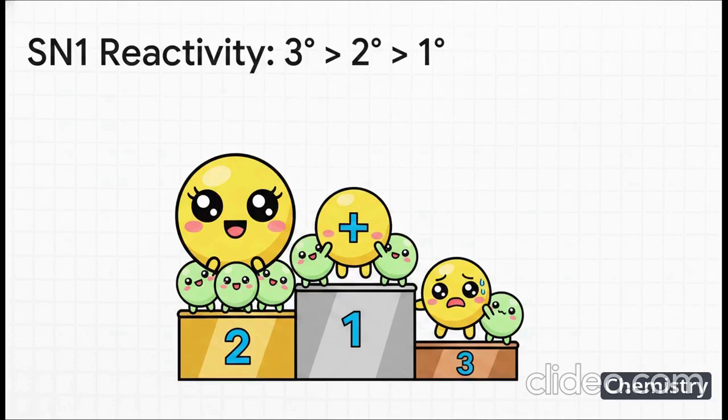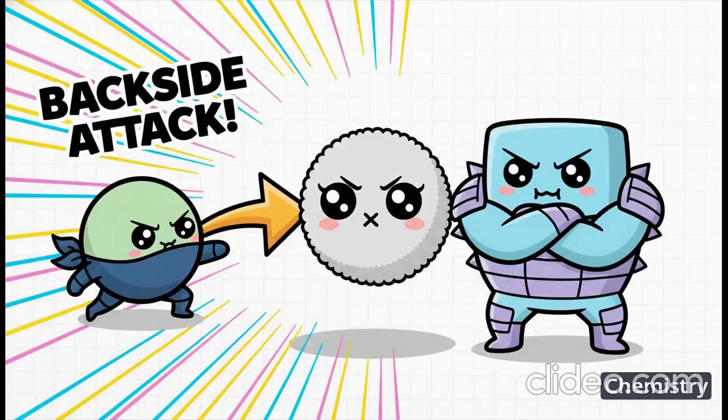A tertiary carbon, that's one connected to three other carbon groups, is fantastic at stabilizing that positive charge. A primary carbon, on the other hand, not so much. So the reactivity for SN1 is tertiary is greater than secondary, which is greater than primary. It's all about keeping that intermediate stable. Now for the other path,